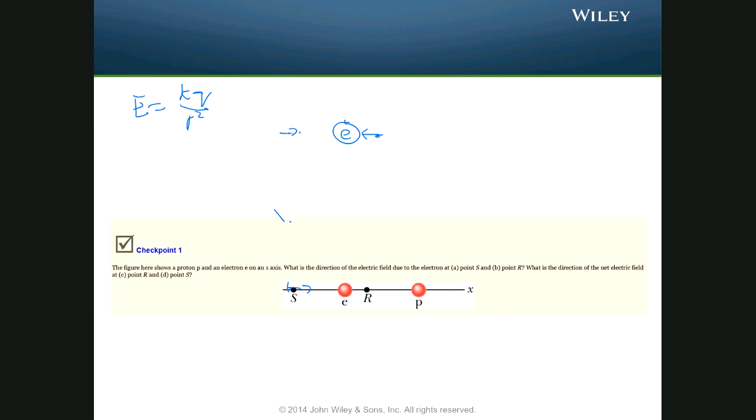So the net field, that is, E_E plus E_P, that will be towards the right. Yeah? And then when we look at point R,